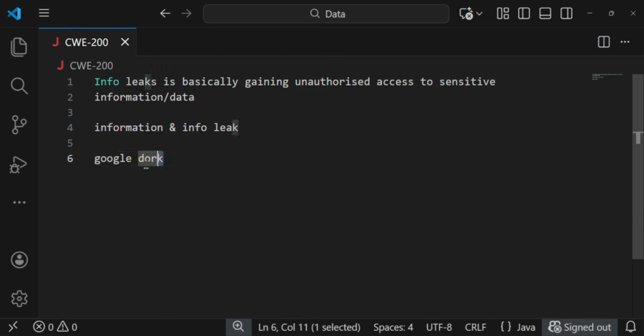Okay, Google Doc. Google Doc is very powerful for info leak. If you want to find info leak, Google Doc is very powerful. You need to learn to leverage it, right? So now let's say,